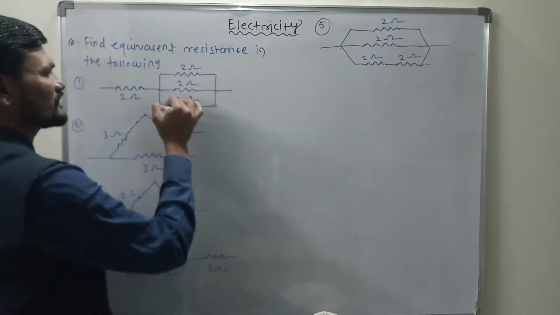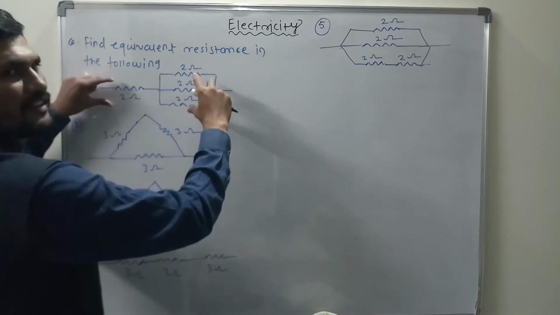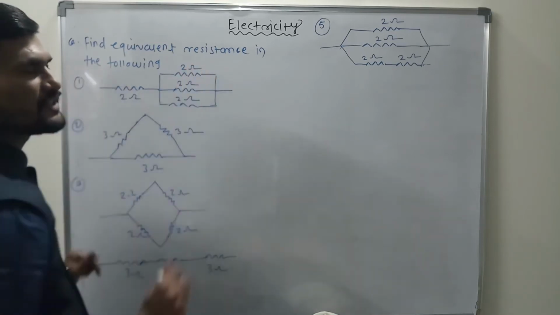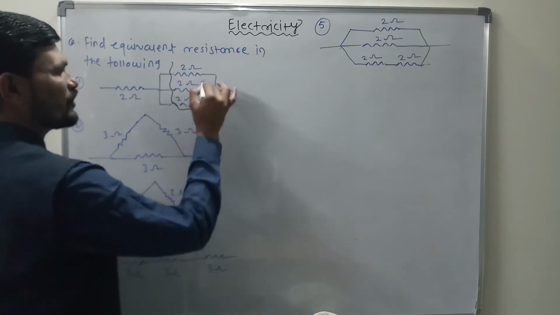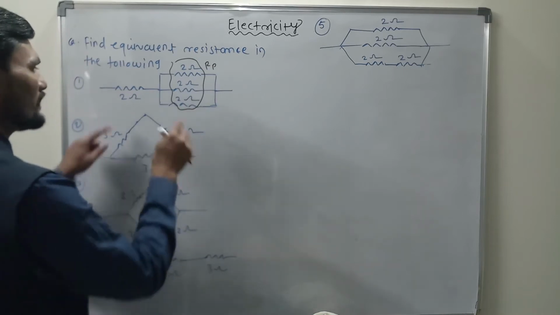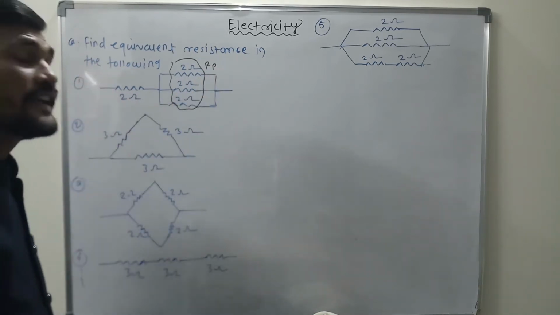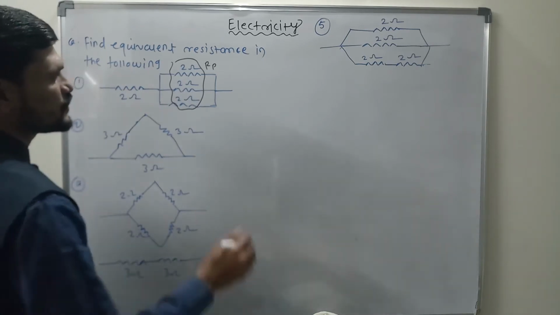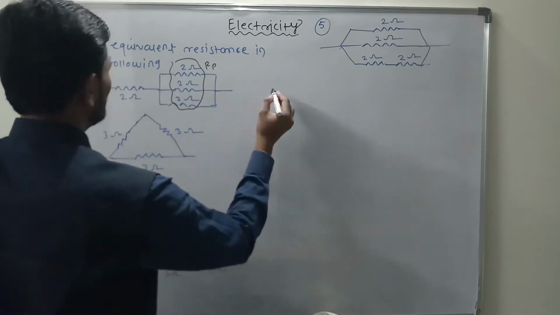So these 3 resistances are connected in parallel and one resistance is connected in series with this. Three resistances are parallel and one is series. So what should be the equivalent? Their equivalent must be a parallel, which has to be calculated. And after getting this parallel, it becomes in series with 2 ohm. Then only we get the equivalent resistance in that case. So how should we do this? The first case.